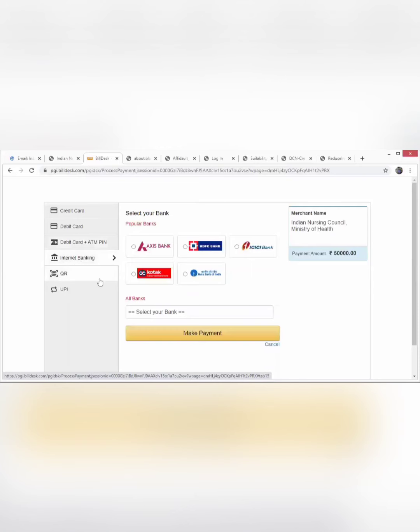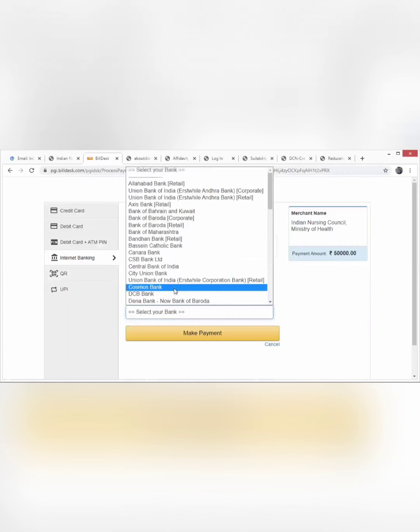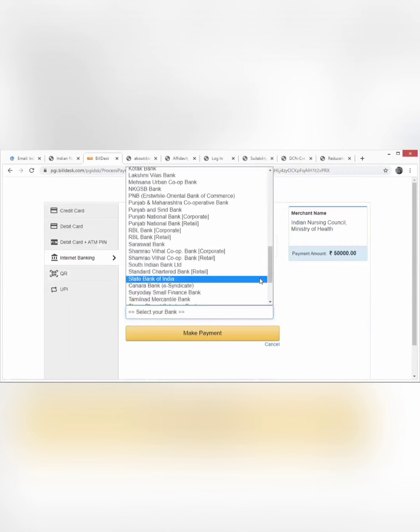We have many popular banks as of now, such as HDFC, ICICI, Kotak, which more people use, but you can select. For example, for SBI, you can go for S. When you click S, it will show all banks starting with S, such as Saraswat Bank and Shamrao Vithal Cooperative Bank, as cooperative banks have been included. You have to find out which bank you would like to use for your internet banking, and from there you can pay.